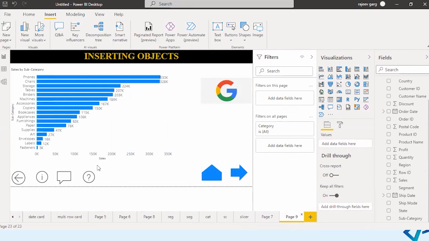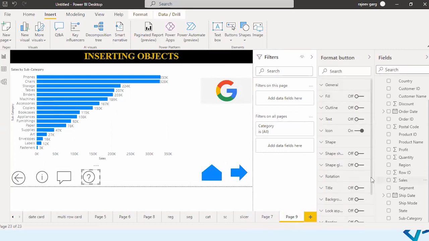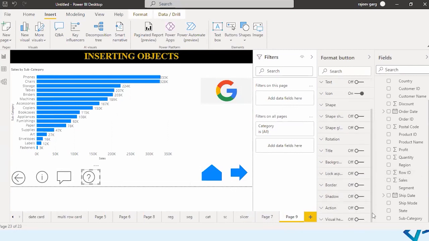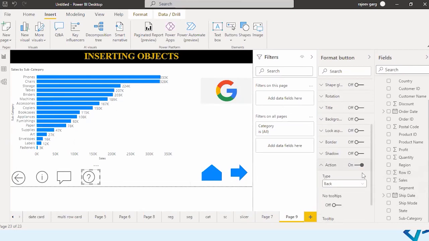Okay, then let us take this one. Action. So we have seen the back, bookmark, drill through, page navigation, we have seen Q&A. Okay, now let's see the Q&A. We can give the Q&A over here.